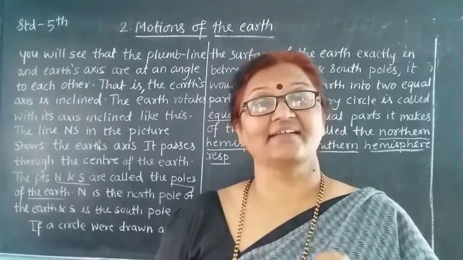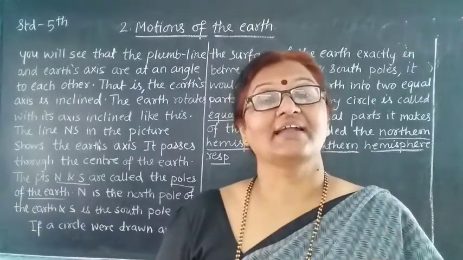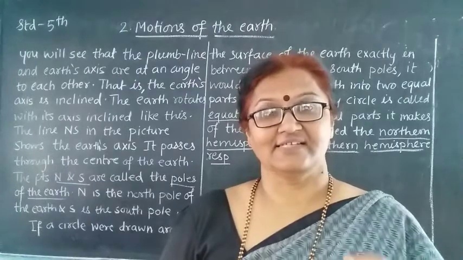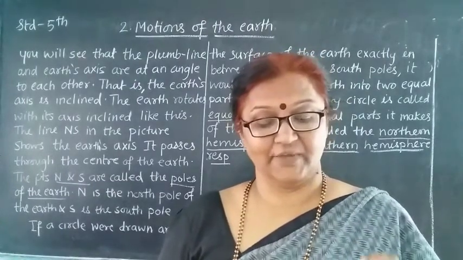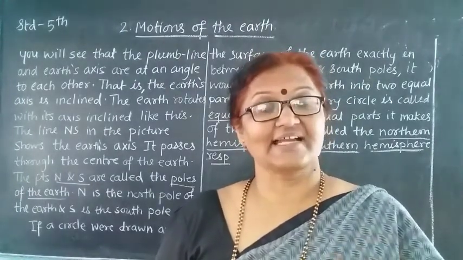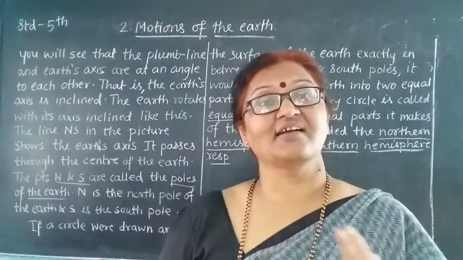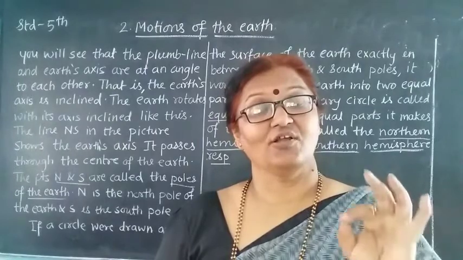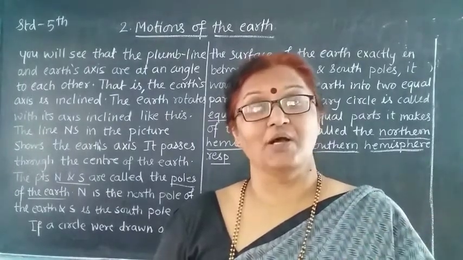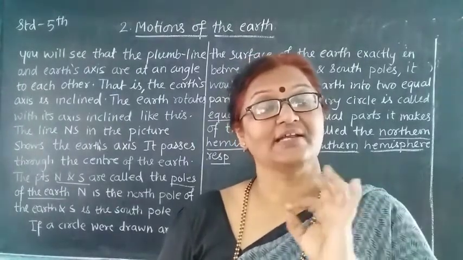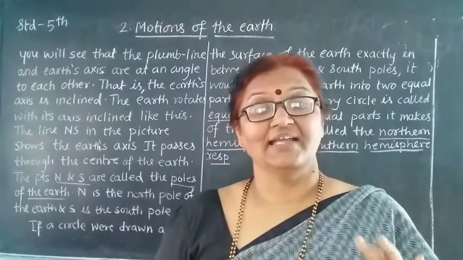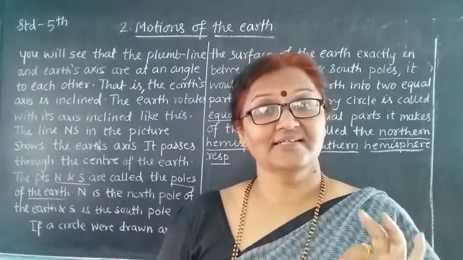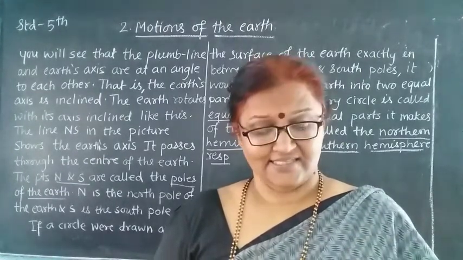Suppose that the candle is the sun. Now the candle whichever you have lighted, see in the book, then you will get the correct picture. That is, the candle is at the middle and you have drawn a circle around the candle and you have taken one point, and on that point you have placed a globe, and the room is totally dark. And here the candle is nothing but a sun. It acts as a sun.